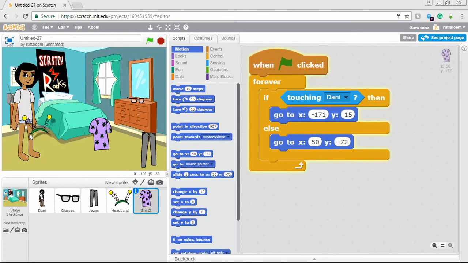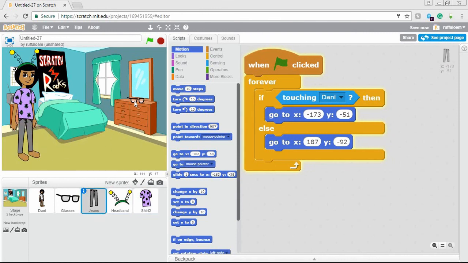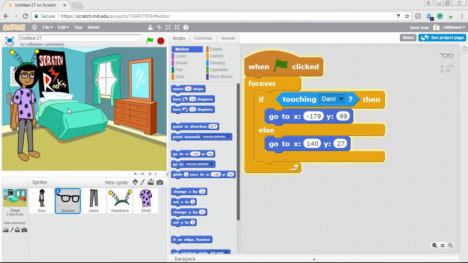Let's see, I'm going to dress the Dealy Bobbers up, put the shirt on Danny. There we go. I think Danny's all ready for school. And that is our basic dress-up game. Go ahead and feel free to add more objects, to add more clothing,